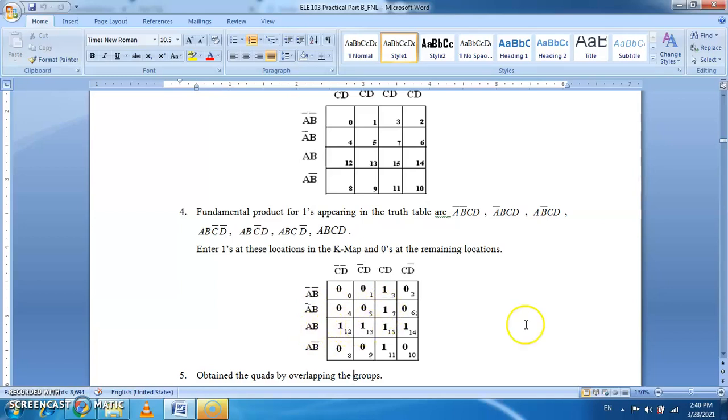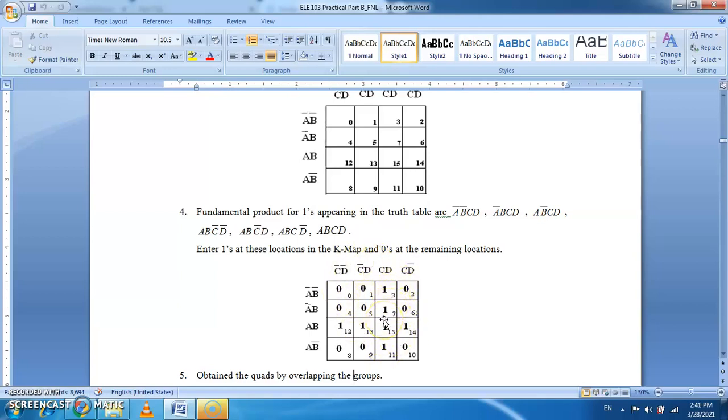Then the next term is A, B, C bar, D. Next is A, B, C, D. Then A, B, C, D bar. And the last term is A, B bar, C, D. So you put the 1 for these minterms, and for the remaining cells we put 0.